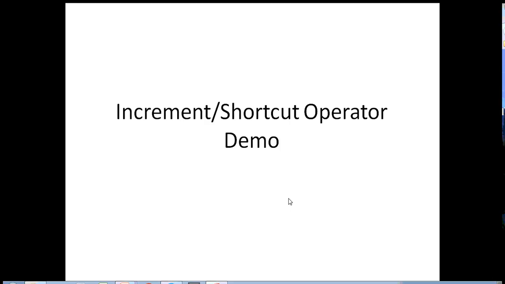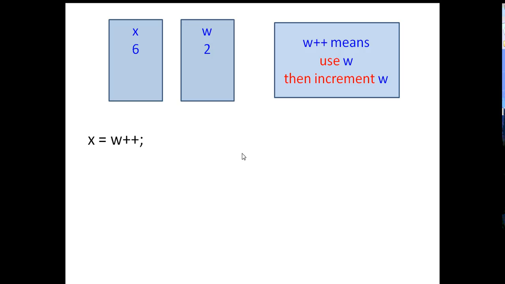Okay, in this video we're going to take a look at some examples of operations involving increments and shortcuts, and to see how especially the increment operator works. So in this example we have x is 6, w is 2. We want to assign w incremented to x, and so when you see w and the increment operator,